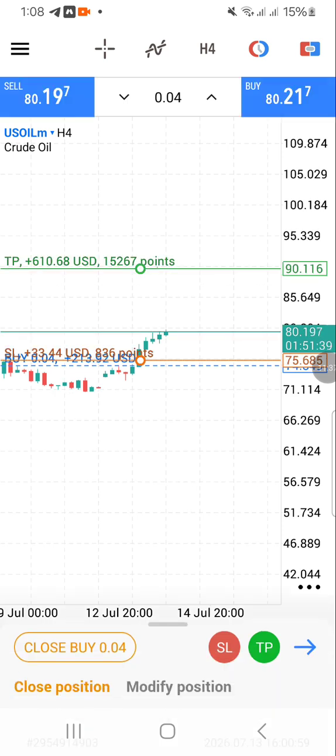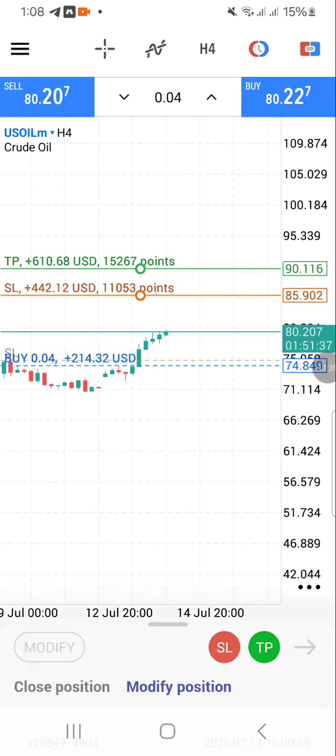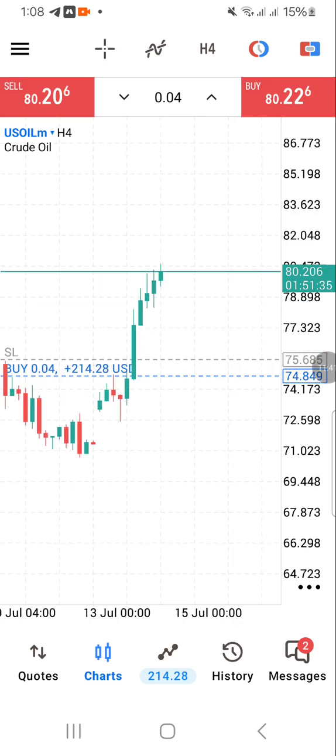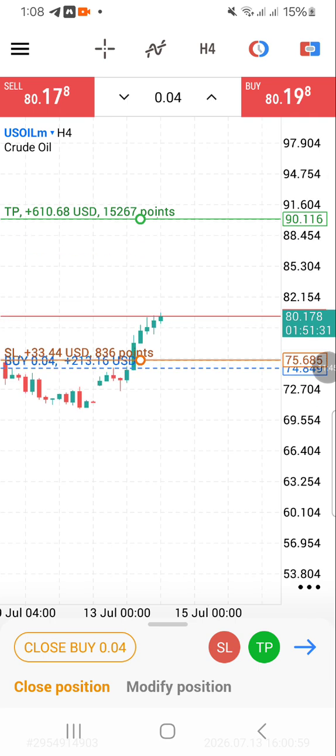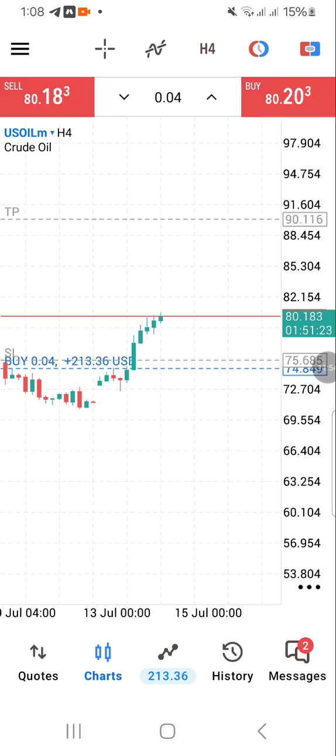In real time, I've already locked in $33 actually. If you look, break even is already about $33. I'm targeting $610. I'm extremely confident. I'll keep moving my SL, like trading, but this is a very good trade. Become a fundamental trader. You will enjoy trading. I can assure you that.